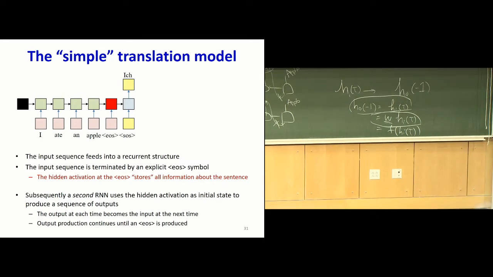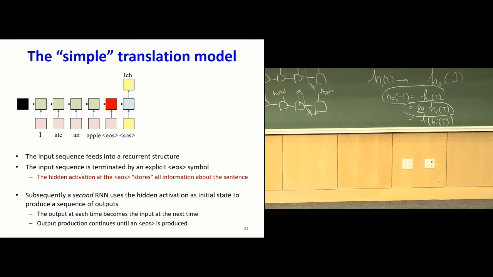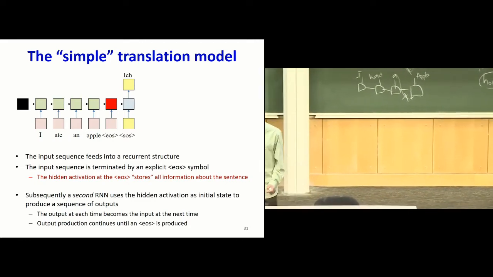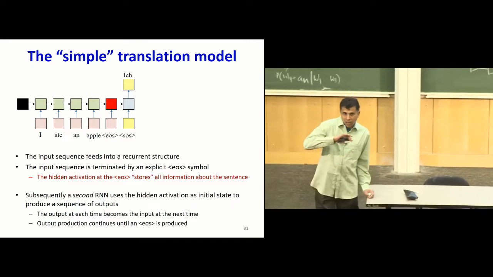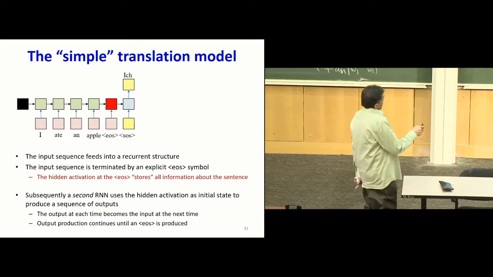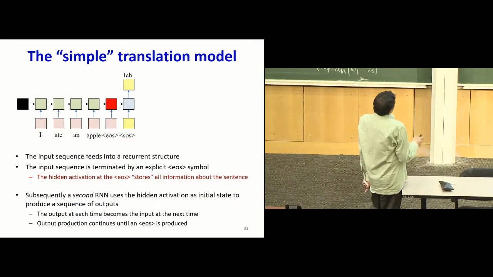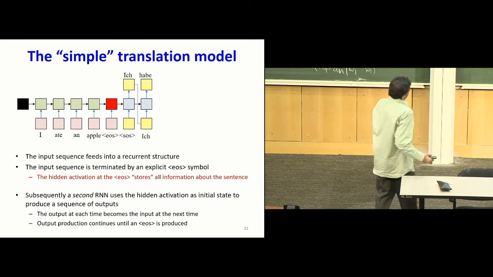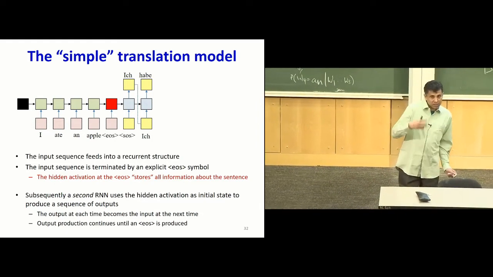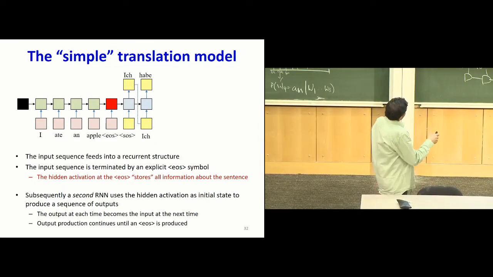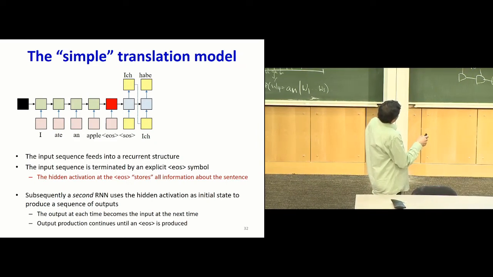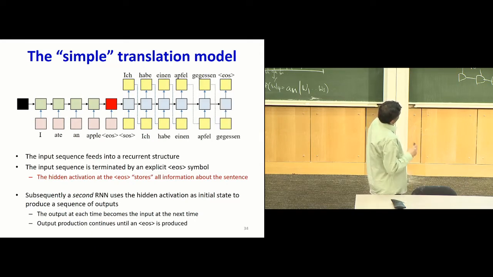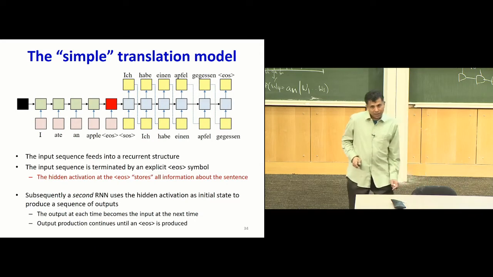So once that is done, this is going to be passed on along with an input, which is the start of sequence symbol, to the output portion of the network. And this is going to produce a word. And when I say produce a word, it's going to produce a probability distribution from which the word is drawn. And that is going to be fed back in along with the hidden state here to produce the next word, and so on, all the way until,